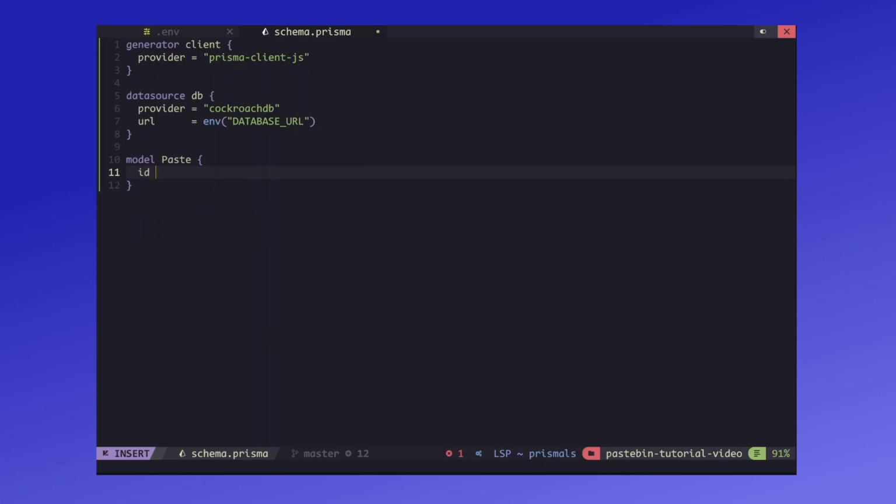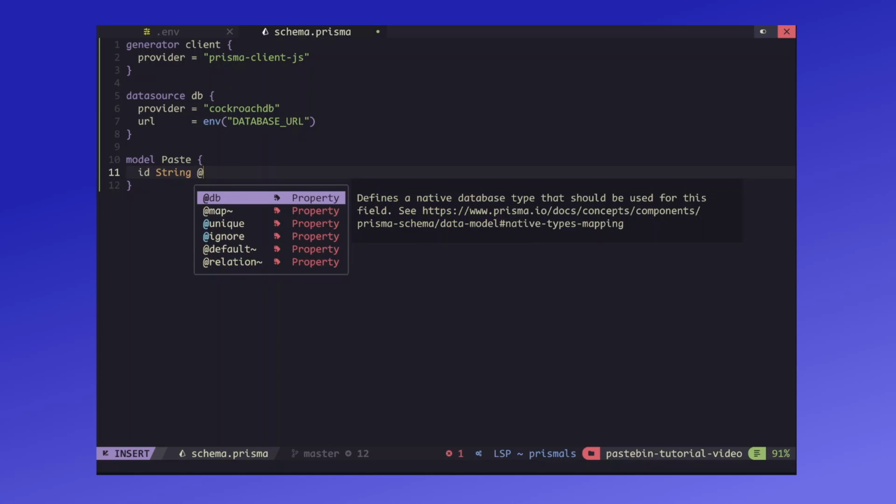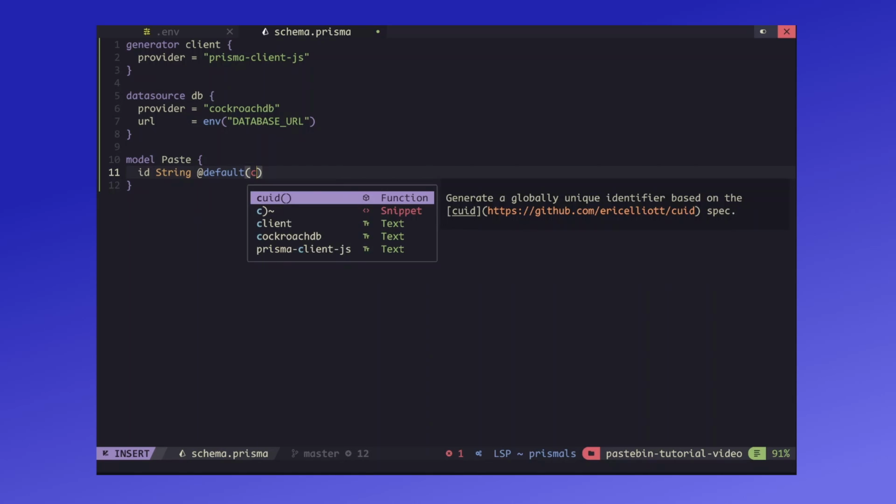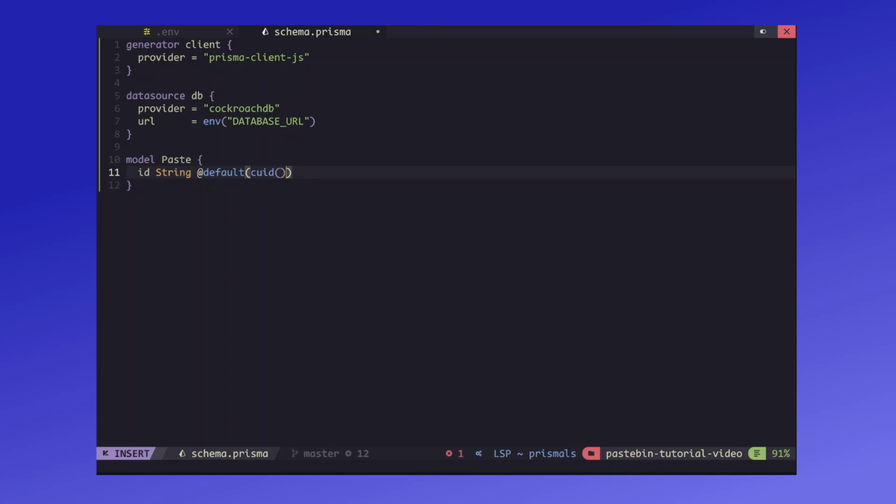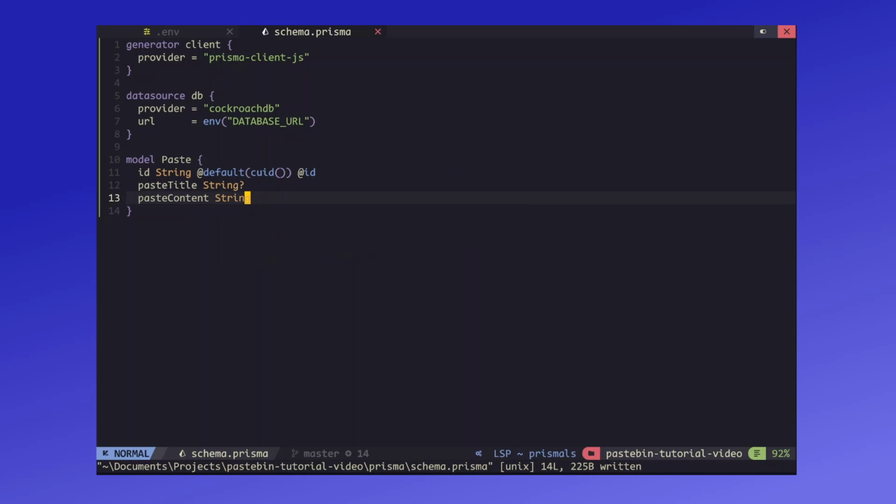So I'm gonna say id String, and then @default(cuid()), and add @id to make it the ID, and then we're going to say pasteTitle. Then we're gonna give it String, but we're gonna put a question mark in order to make it optional. And then finally we're gonna do pasteContent, which is gonna be a mandatory string, so we don't put a